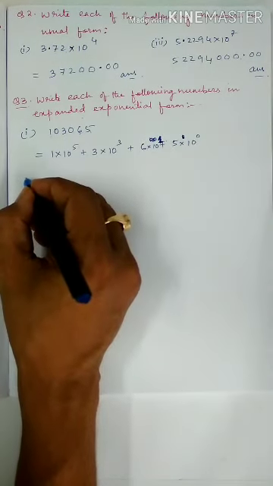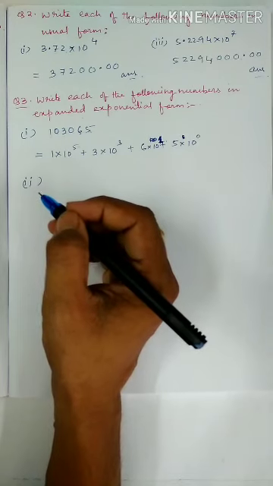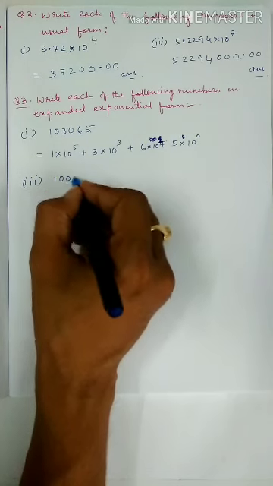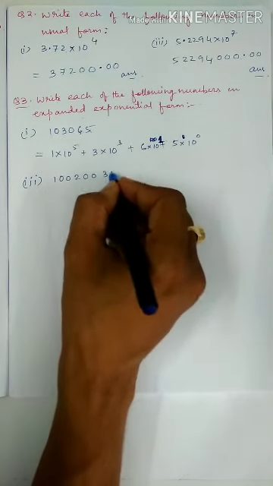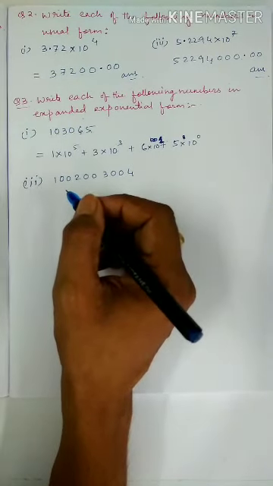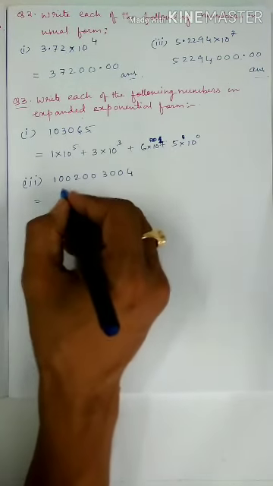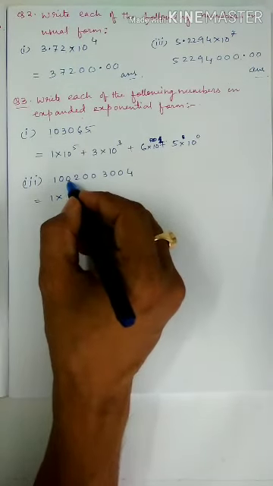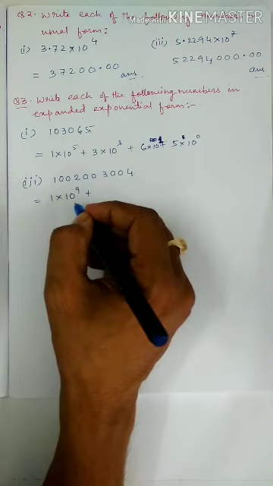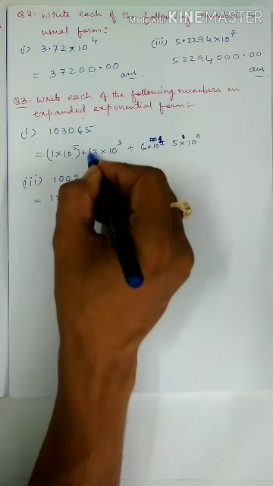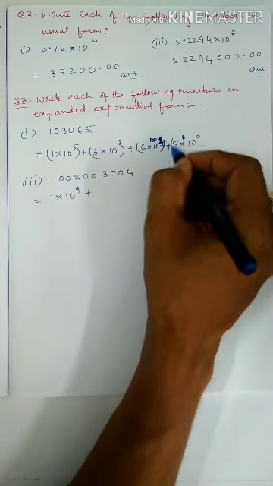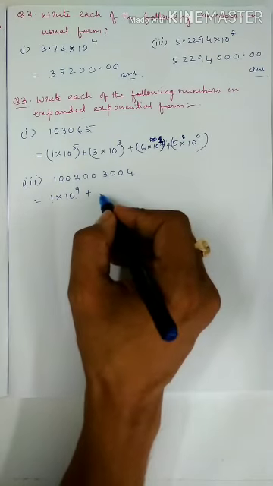Okay, let me solve one more bit so that you will get a clear idea. We can solve bit 3. 1 0 0 2 0 0 3 0 0 4. So how we will write now? It's very simple. So 1 into 1 2 3 4 5 6 7 8 9. So we will write 10 to the power 9. Plus, you can give a bracket also here. So now 1 into 10 to the power 9 plus 2.